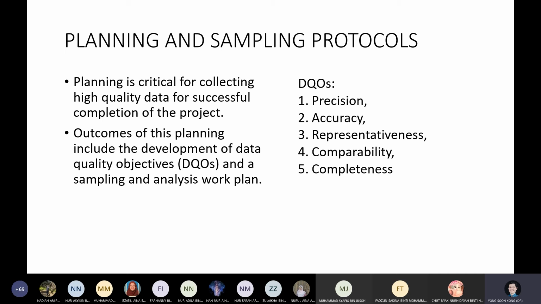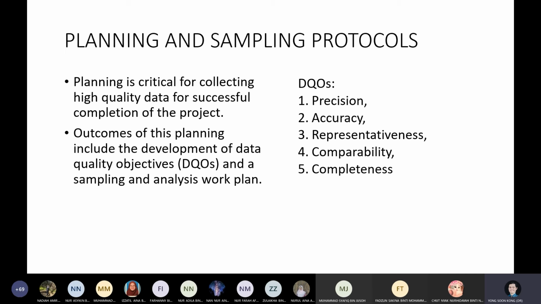I'm sure you have seen several of them. Number 1 and number 2, no need to explain further: precision and accuracy, you've learned this so many times. If you're not sure, there are things that you can refer to. But I want to go into detail on number 3, number 4, and number 5. Okay, so number 3,